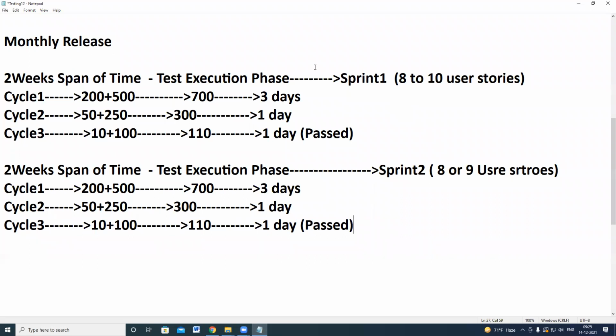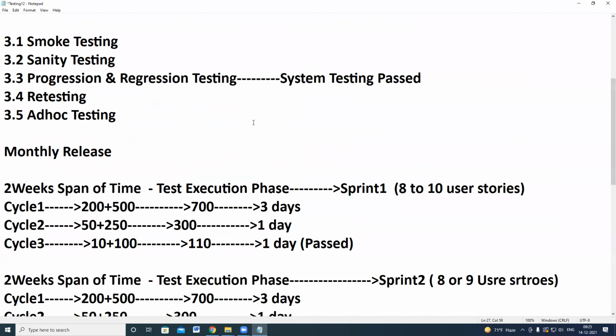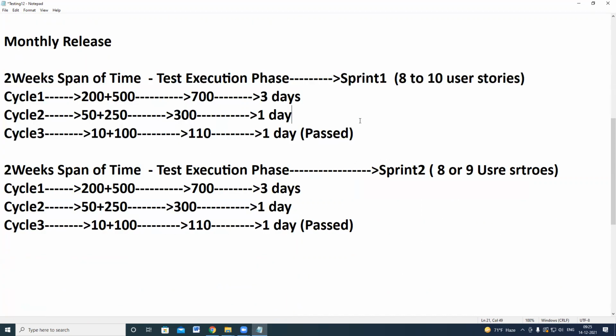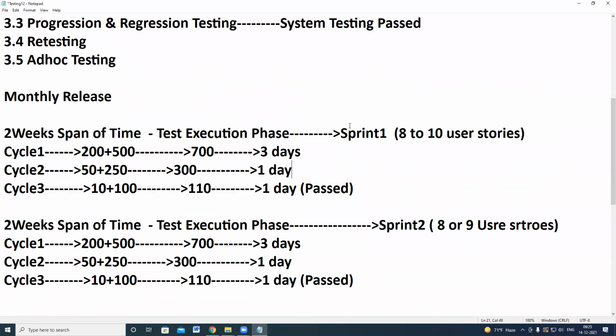During this monthly release, for every sprint, the development team, BA team, design team, all the teams will work in parallel. The development team has to develop the software and give the application URL or build to the testing team. The testing team has to prepare the list of test scenarios and test cases.